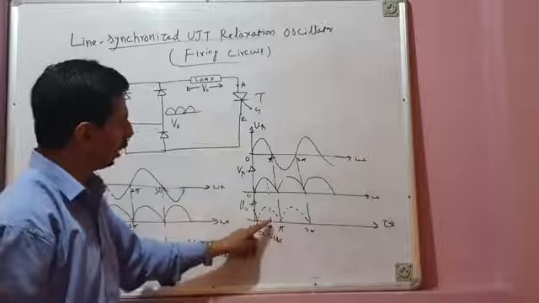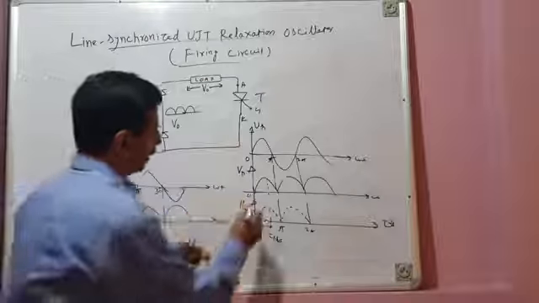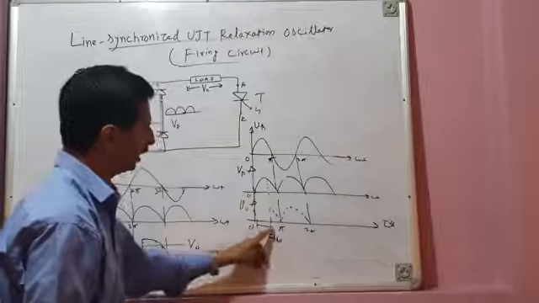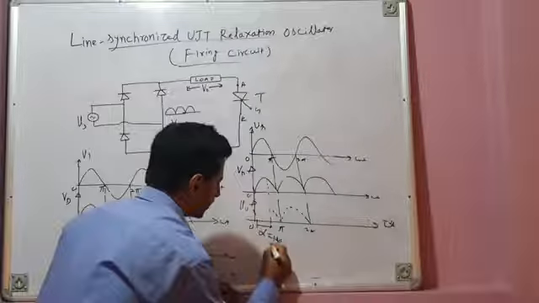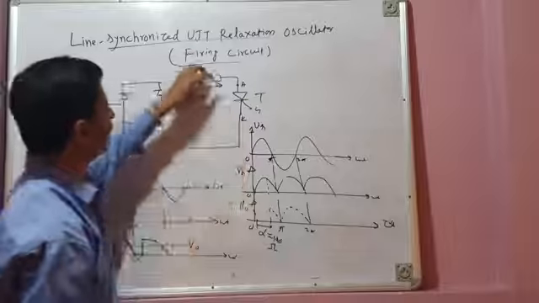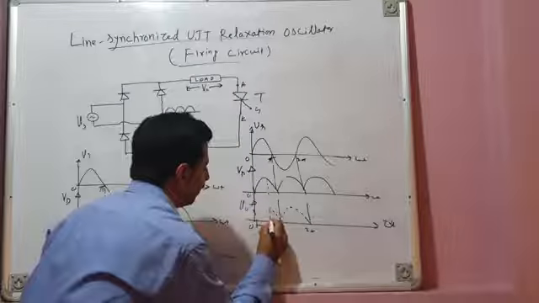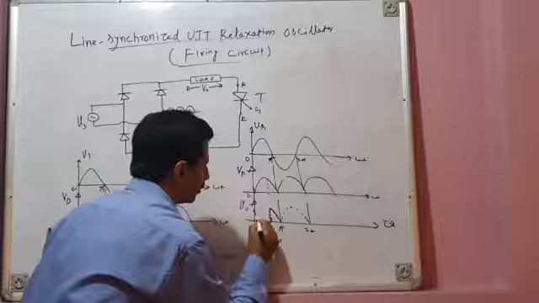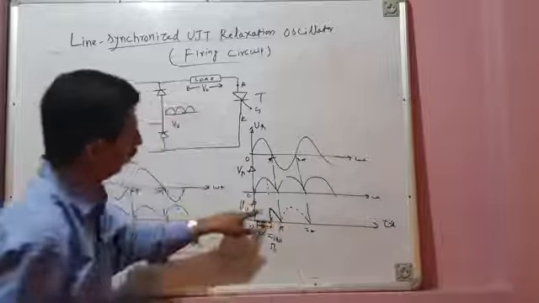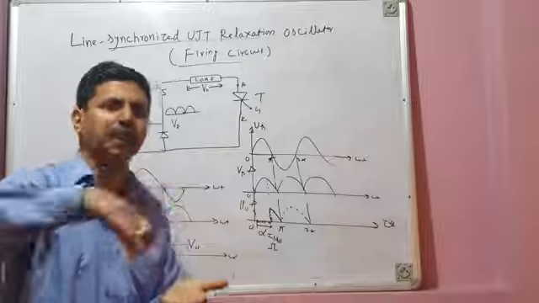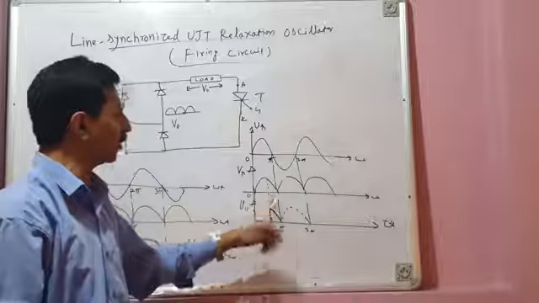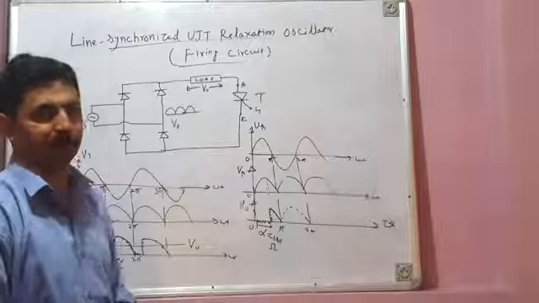So from 0 to alpha, the thyristor is off. So what is the voltage across the load? Voltage across the load is 0. At alpha equal to 110 degrees, your control logic circuit is issuing a firing pulse to the thyristor. It turns on and the load receives the remaining segment of the voltage. So from 0 to alpha, no voltage is there across the load. You are chopping the voltage. And from alpha to pi, the remaining segment of the positive half cycle of voltage gets applied across the load.